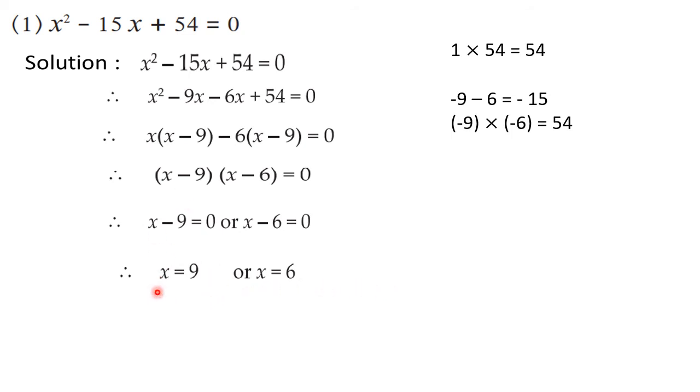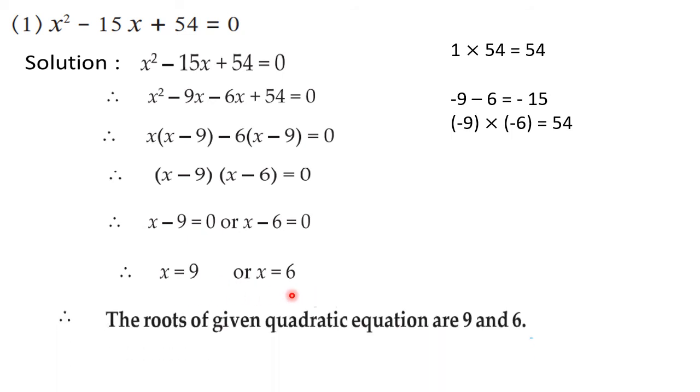And here we got the two solutions or two roots. Then finally you are going to write down the answer as a statement: therefore the roots of the given quadratic equation are 9 and 6, or you can write 9 and 6 are the roots of the given quadratic equation. You can frame the statement in any way, okay? But the final answer carries half mark. Take a note of this. And these particular questions, they will come for 2 marks.